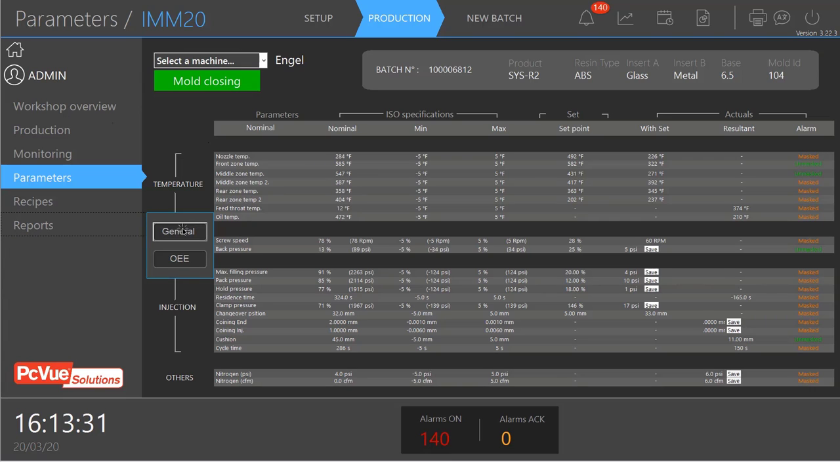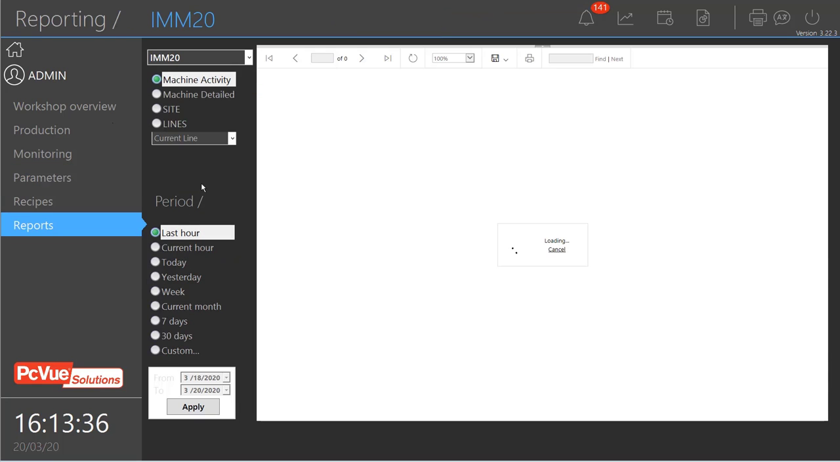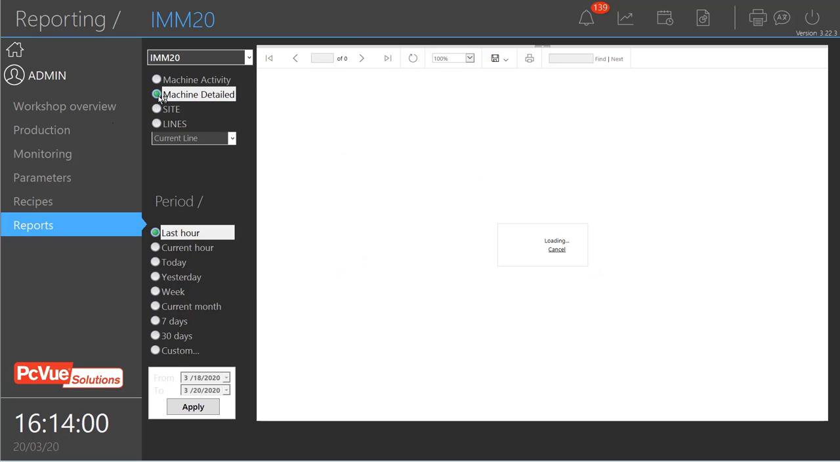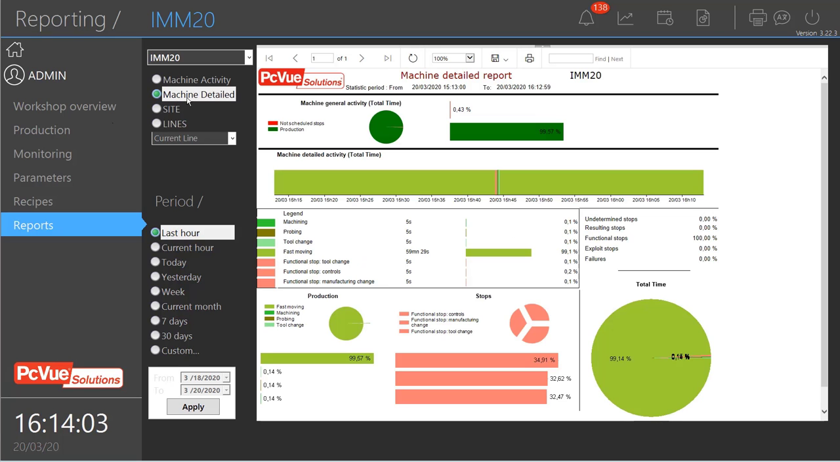It's possible to edit some reports, like here the machine activity report for the overall equipment effectiveness, and this is possible through this kind of report done with Report Services from Microsoft, where you can customize the report and it's fully integrated into PCView with the possibility to filter if you want the machine activity, the machine detailed, with all the status for the machine and all